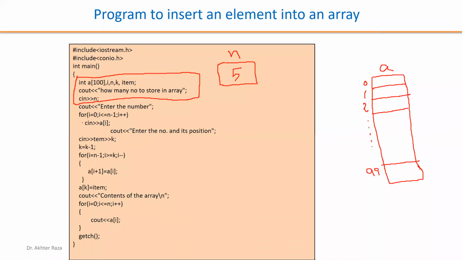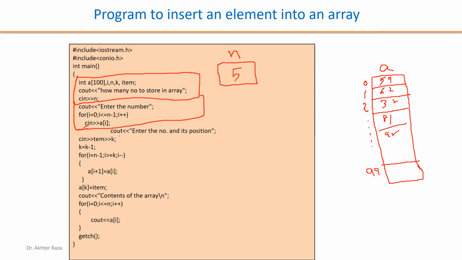So now the user has to input the data. What will this segment do? This segment, one by one, is the inputting algorithm, as we discussed in the last video. The user has to input a number, and that number is to be placed at the locations here. Suppose I put 59 here, 62 here, 32 here, 81 here, 92 here. So the user inputs the data one by one by a cin operation, and that data is kept into the array in a loop. Now the array is completed.